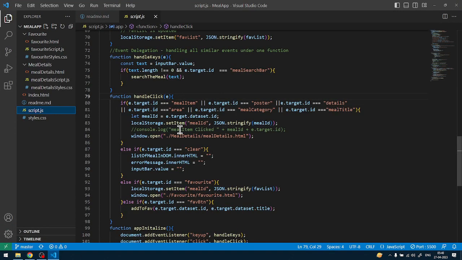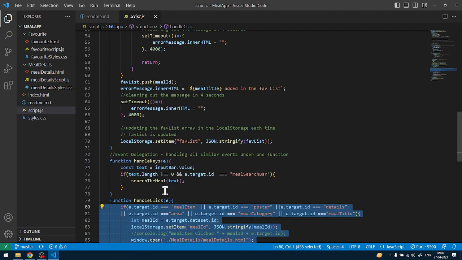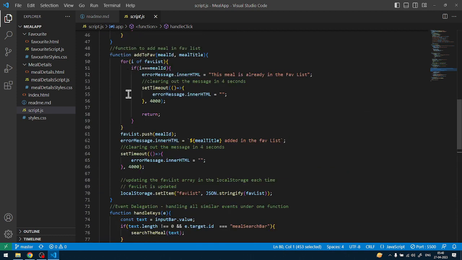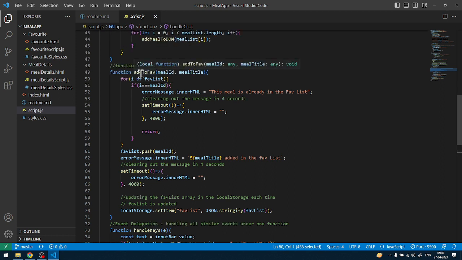The code here is, yeah, we have handled the click over the meal component and then the clear button and the favorite button. And the keys that we are entering in the search bar are handled by the function handle keys. And then there's a function add to favorite, where we are